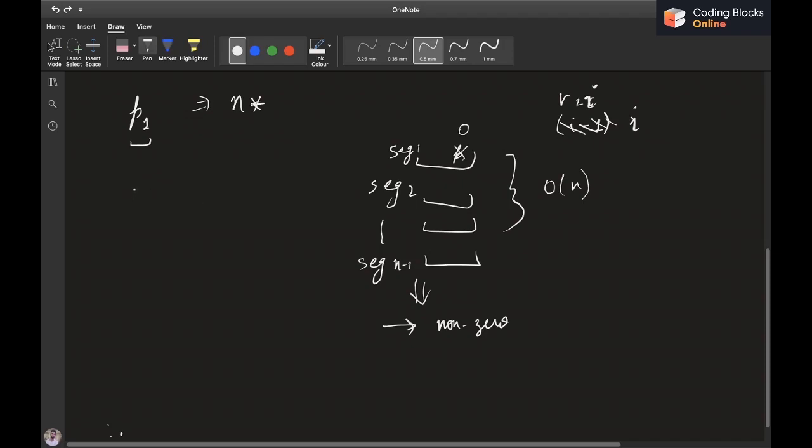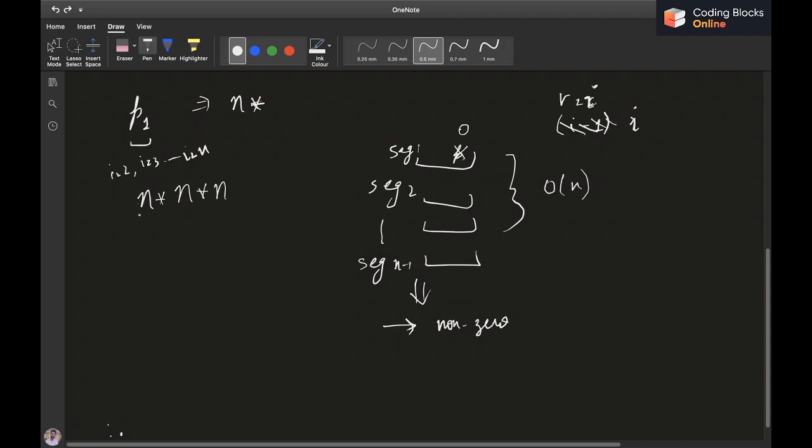Let's see what time complexity it is going to take. I need to do it n times, for I equals 2, 3, up to n, although it is n minus 1 times, but I'll be talking in big O notation. Every time I'm iterating all of these segments, and the number of segments is of order n, and each segment's size is also of order n, so n squared time I'm going to take.